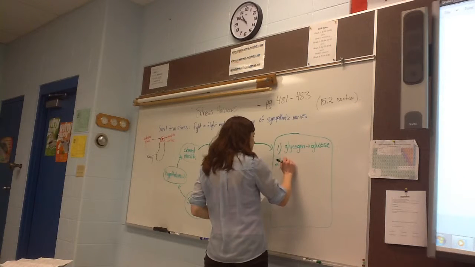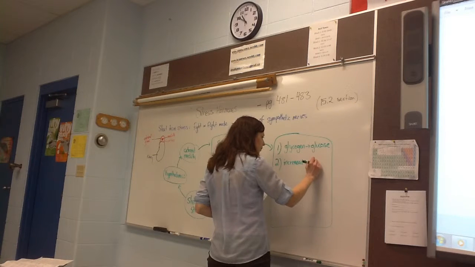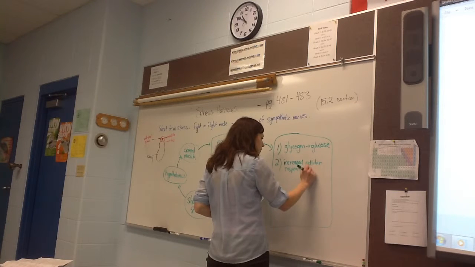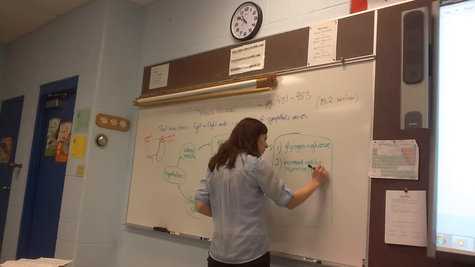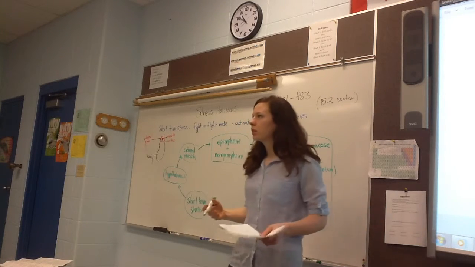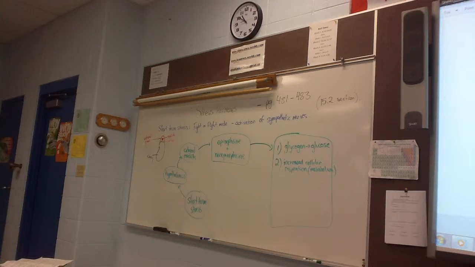So increased cellular respiration, which we can also say is metabolism. Metabolism is the word that explains how fast you're burning things. So if we say we have an increased metabolism, it means that our cells are burning that glucose faster,